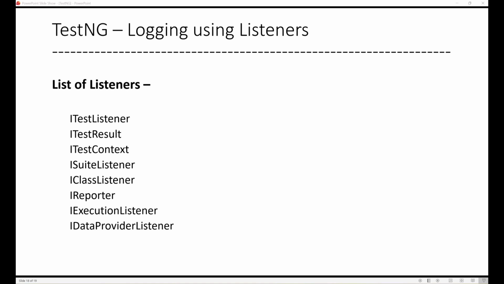Ideally, using system.out.println in test cases is not advised. So we should most of the time avoid adding these system.out.println statements in our test code, right? So besides this